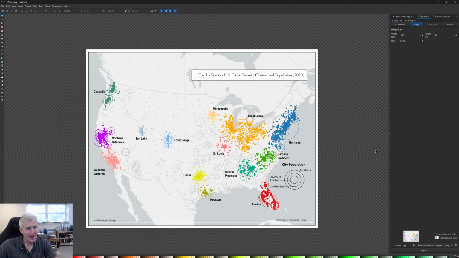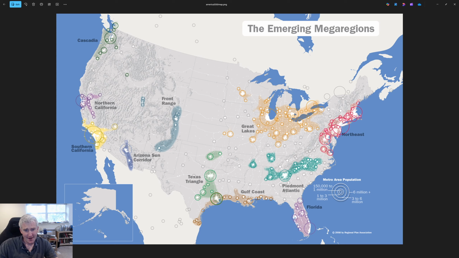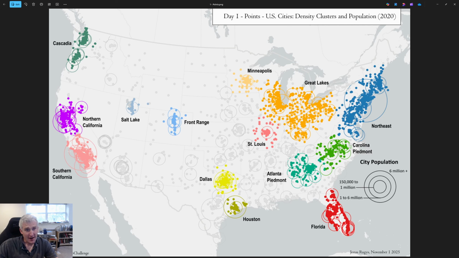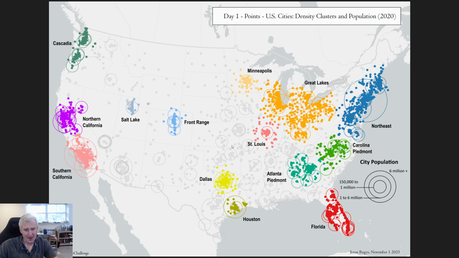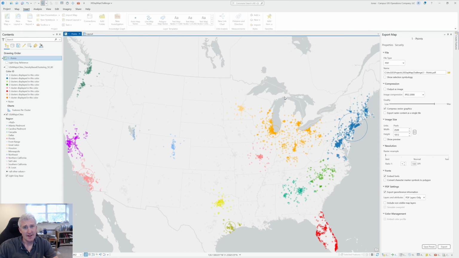And then that's what I'll load into Inkscape to put on some of the final details. This really isn't an Inkscape tutorial, so I'm not going to go into this too much, but here's where I did the legend. It's just easier, and exported the image for the day one of the 30-day map challenge. So that's kind of what I did. Started with this map and created this map. Now, I need to do some additional work with the scale, or the size of the symbols for the city population, but that's the gist of the process here,